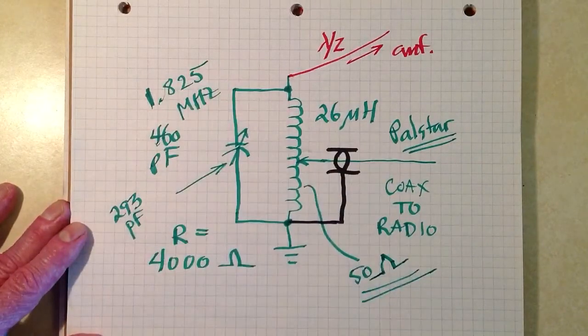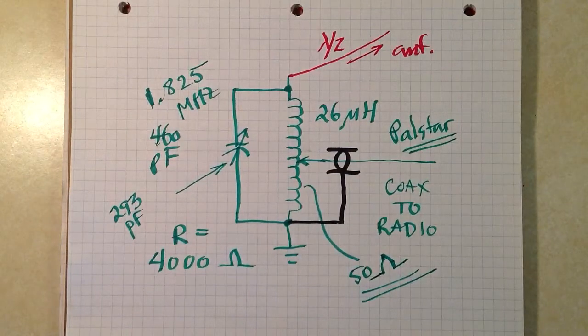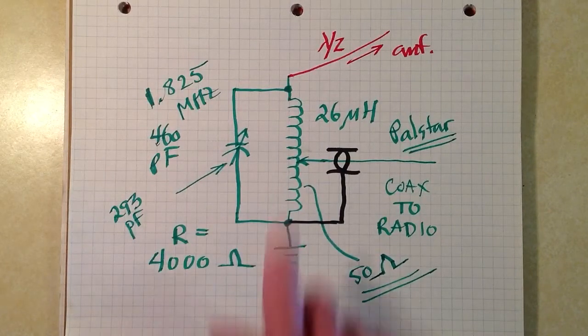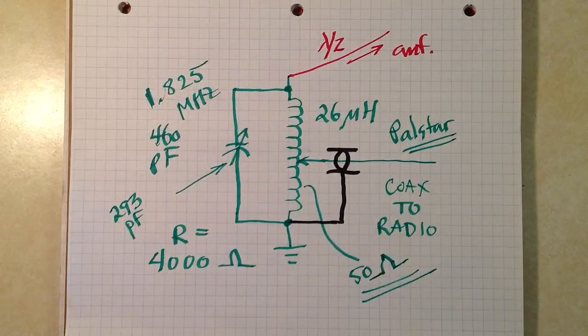You can pretty much leave that thing alone, and it should be able to withstand up to 50 or 100 watts pretty easily. I wouldn't run a kilowatt into one of these under any circumstances, but this kind of antenna tuner can deal with a half wavelength antenna like this, whereas most tuners can't. And so that's what I would plan to do if I can afford to go out there at all this winter,